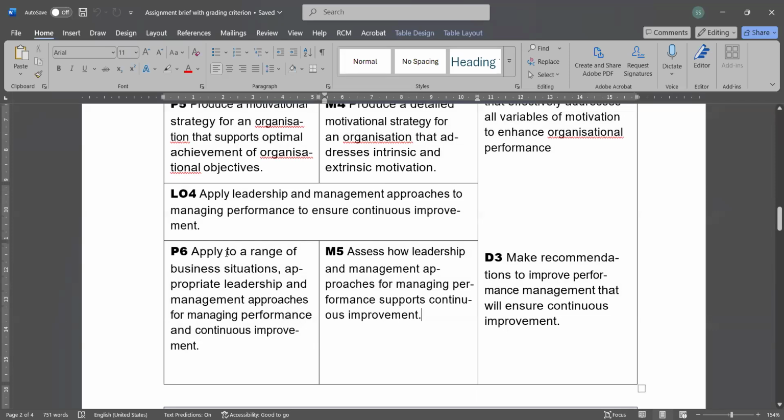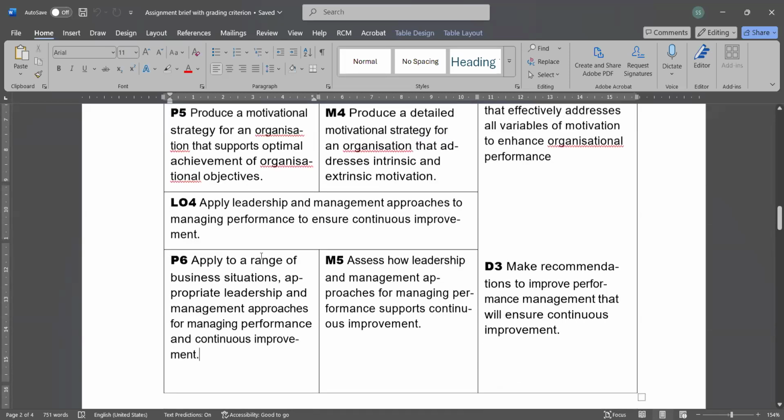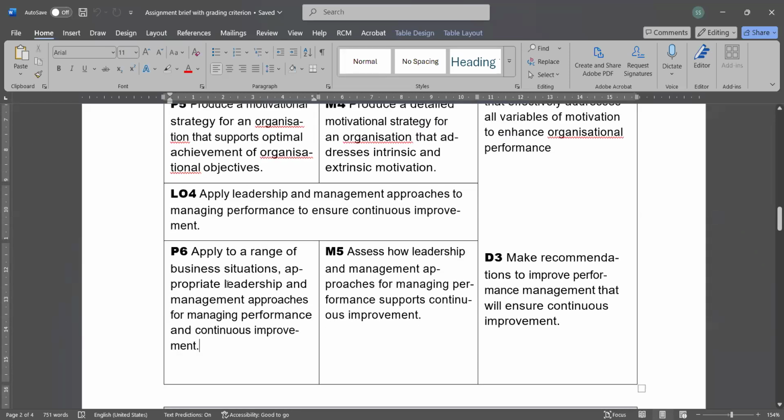When we talk about P6, apply to a range of business situations appropriate leadership and management approaches for managing performance and continuous improvement. There will be some theories, and we will go back to that. But you will be using that theory for different situations in different businesses.